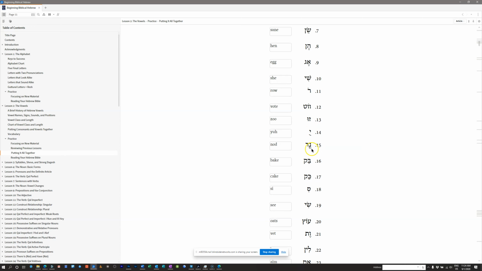Okay, number 15. Again, this is a hatef kametz. So again, it's just going to sound like a vocal schwa, which again is to say very, very short. I'm trying to think of a word where we have a schwa sound in English that's represented by an O. I use banana for the A sound. I use metallic for the E sound. Metallic, you can see how short that is. For the O sound, is there an English word with a schwa represented by an O?